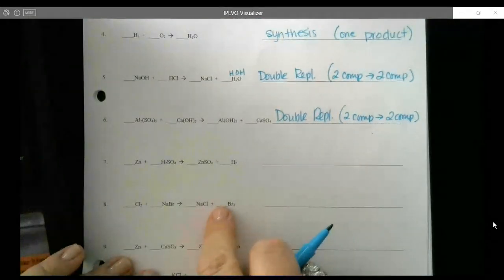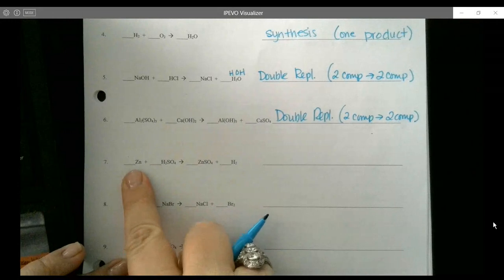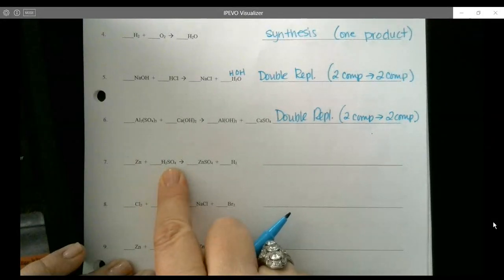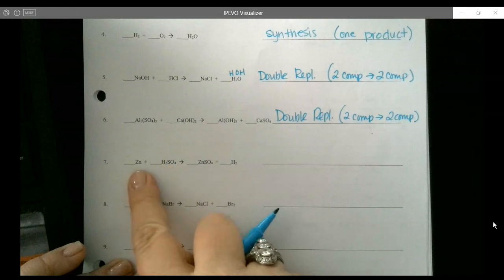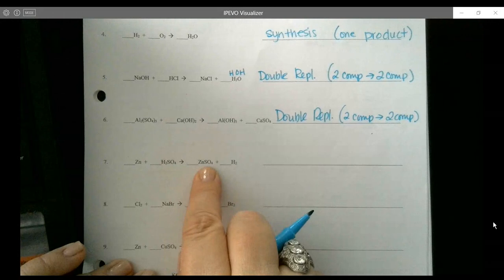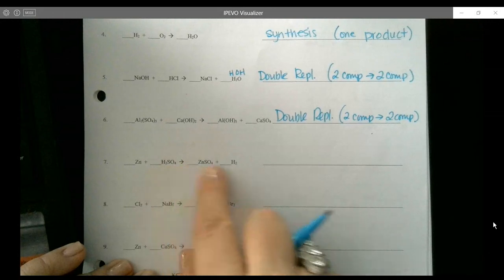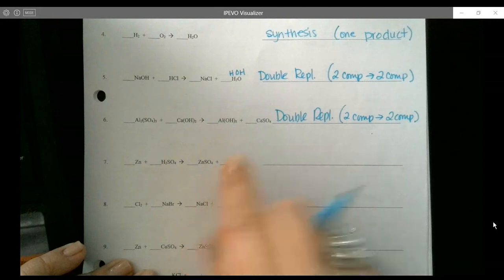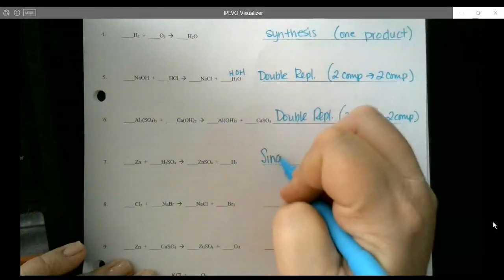Okay? When I look in number 7, I see zinc and I see H2SO4, which is sulfuric acid. It's an oxyacid, right? Notice I don't say hydro because I got a polyatomic oxyanion here. So zinc shows up with SO4 on the other side, so that means it took hydrogen's place and it left hydrogen on its own. So I know that this is a single replacement